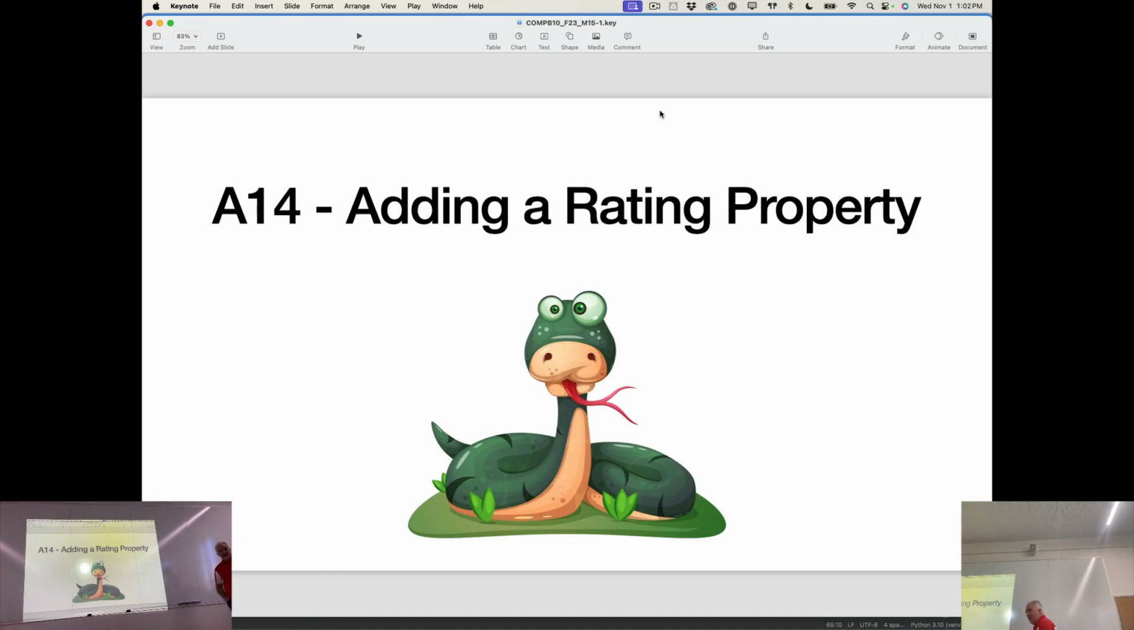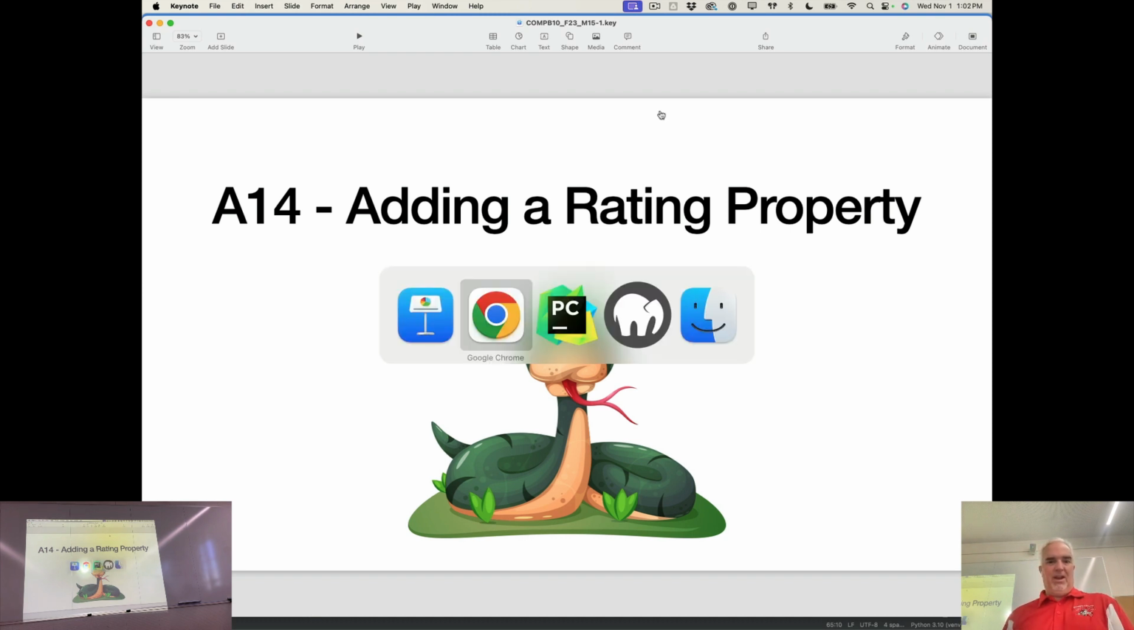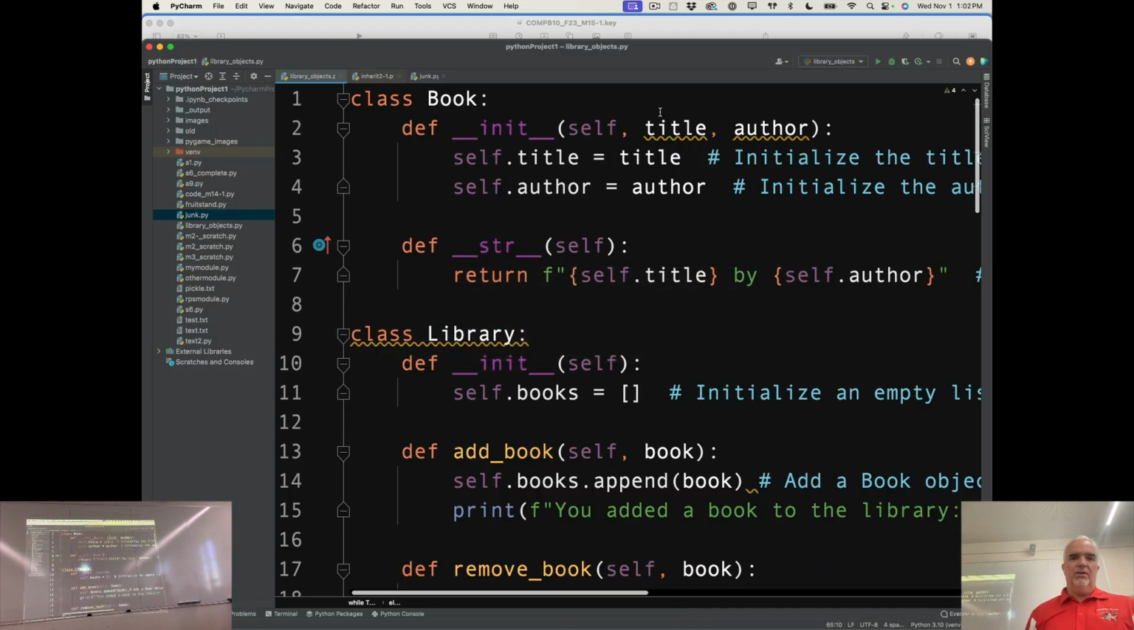14, adding a rating is the thing that was giving folks a little bit of trouble. So I'm going to go back to our library code, and I'm going to add the ability to rate a library book. Maybe libraries will start picking that up, so that they can help their customers decide which books to get next. So I'm going to start out with the code that we went through in class, which defines a